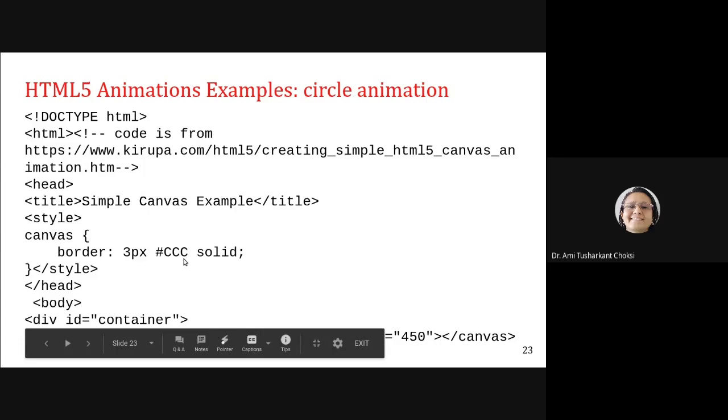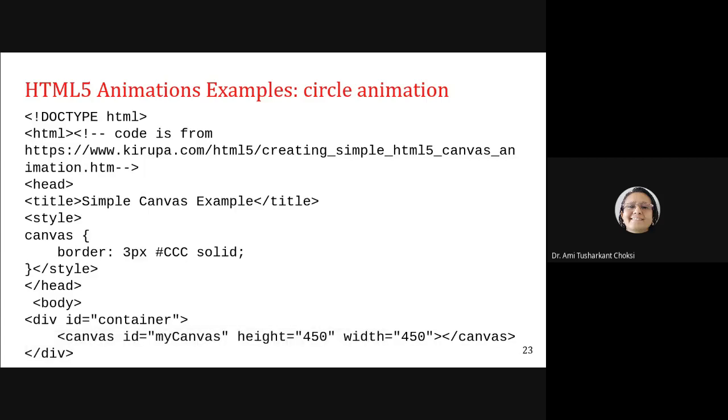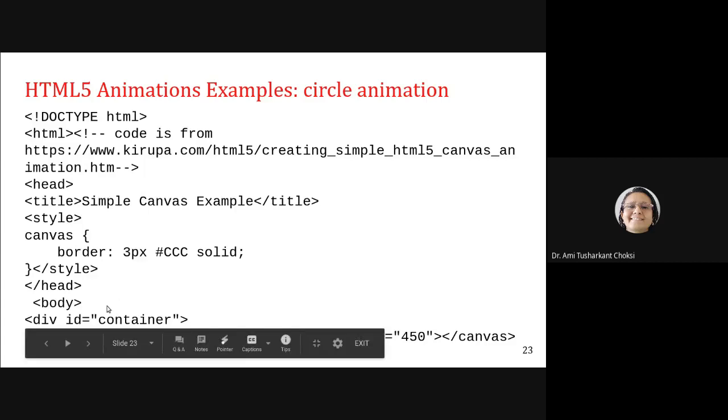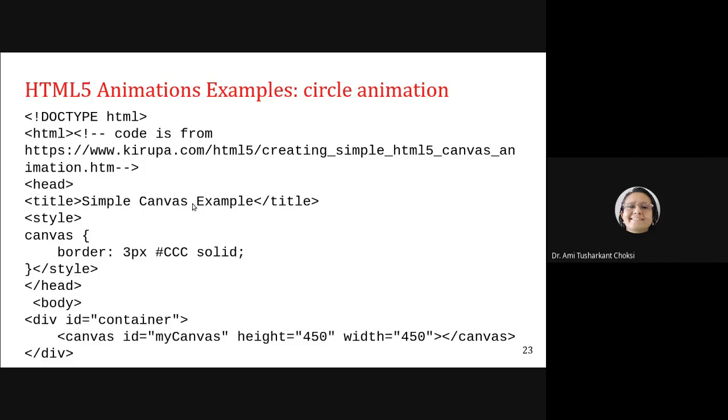That is, we can say #ccc and solid, right? Then end style, head, body, div id is container, canvas id is equal to myCanvas, height is equal to 450 and width is equal to 450, right?